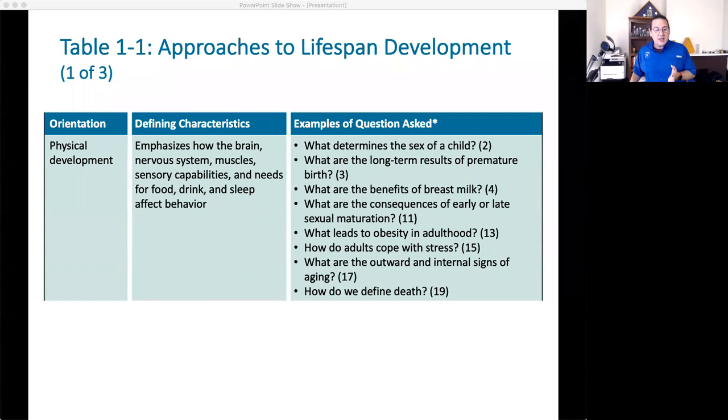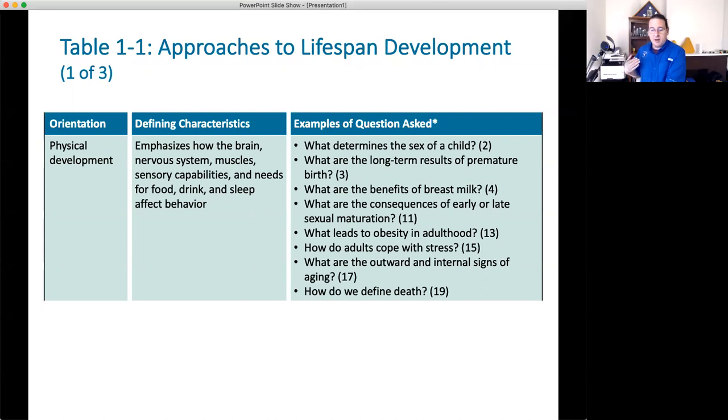Okay, how do they start acquiring the necessary skills for food, for gathering food, for asking for food, for language development, so on and so forth. Okay, so these are some of the questions that we're going to be asking in the developmental phase. All right. How do they cope with stress? So we'll go back to the slide here. How do they cope with stress? All right. What are the benefits? Maybe one of the things we're going to look at, what are the benefits of breastfeeding? Okay, during physical development earlier on.